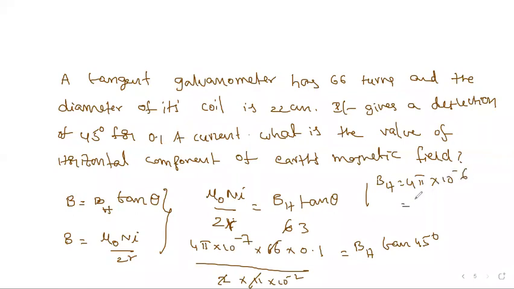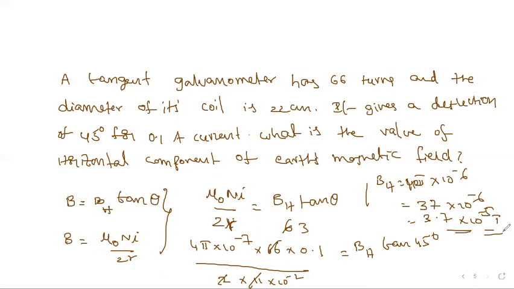So pi is nothing, 3 into 3 into 3, so 12 pi is 12 pi. So pi is 3.14, no? Then what is 12 into 3.14? Nearly 37 something you will get, into 10 power minus 6. So finally you can write 3.7 into 10 power minus 5. It was given as 3.8 into 10 power minus 5. We have just taken the approximate values only.